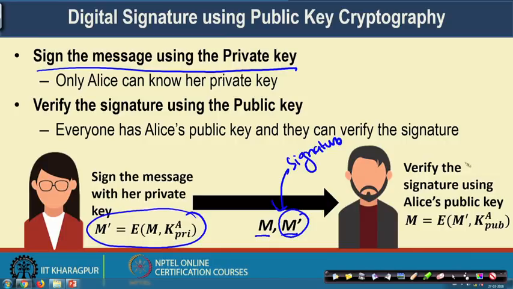Now, whenever Bob wants to verify it, Bob can decrypt this message with Alice's public key. So, K pub is Alice's public key. He can decrypt the message using Alice's public key, and then check whether the original plain text is returned, that is, whether that plain text is equal to this plain text or not. If these two plain texts are equal, that means the sign is valid, the sign has been done by Alice, because Alice alone can possess her private key. No one else in the universe can possess Alice's private key. So, it works like an authentic proof of signature.